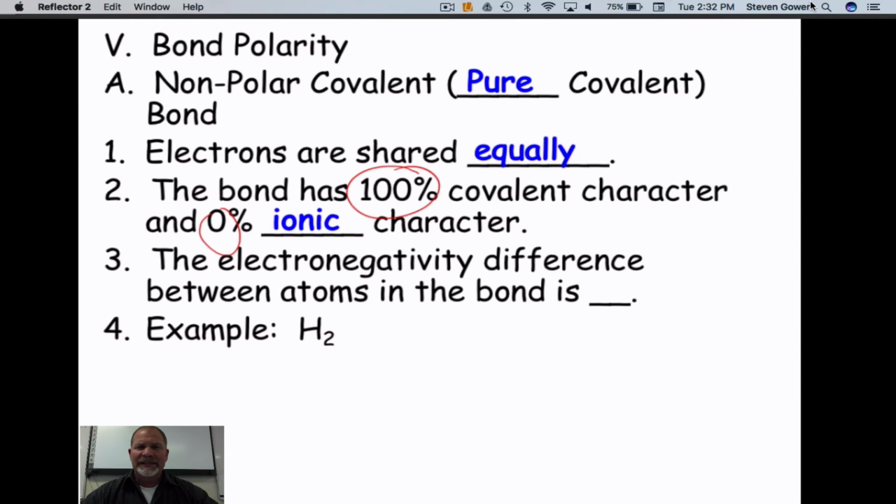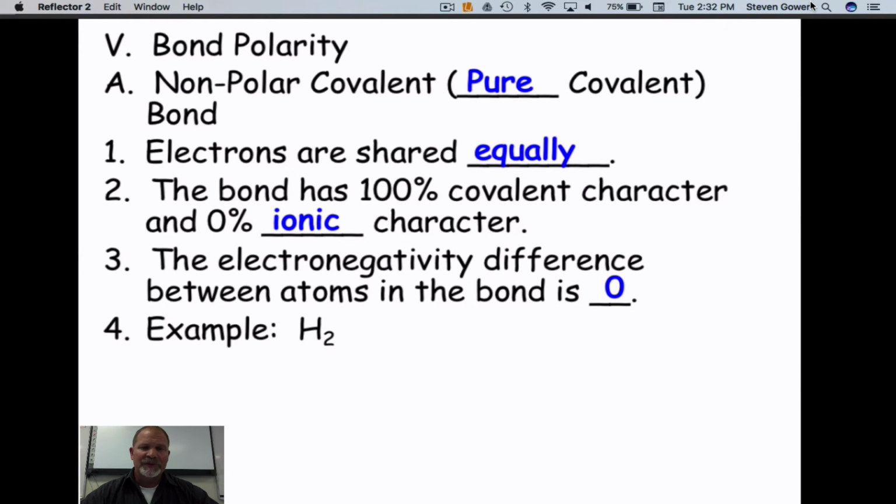So we're going to see a lot of our compounds are really gray area. They're a combination of ionic and covalent in that process. So unlike what we've always been taught, that it's either ionic or covalent, when we work with bond polarity, we subtract their electronegativities, and the type of bond is all based upon